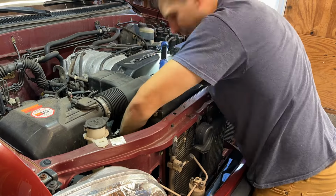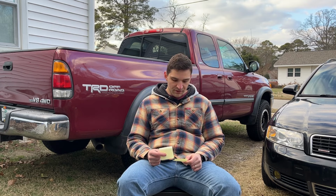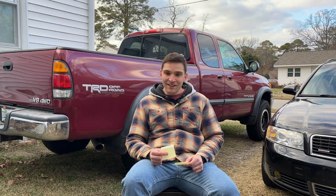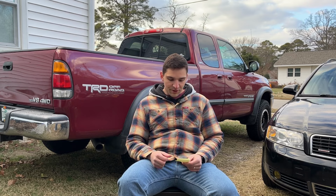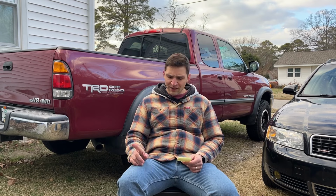And then for the fun, like I said, I included the tires. That was almost $800 installed. And then honestly, other than that, it's a bunch of little things that add up really quickly. So yeah, $2,300 on the truck, $940 on the car. If you add that up, it's a total of